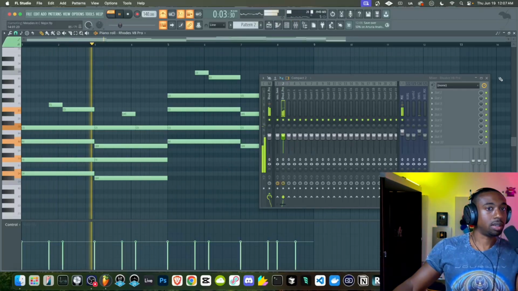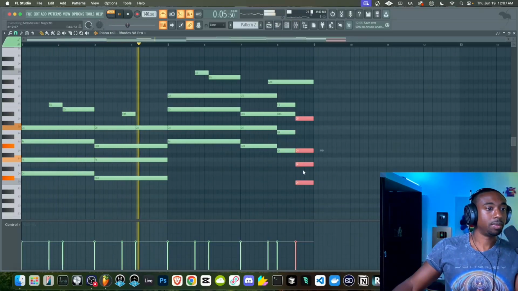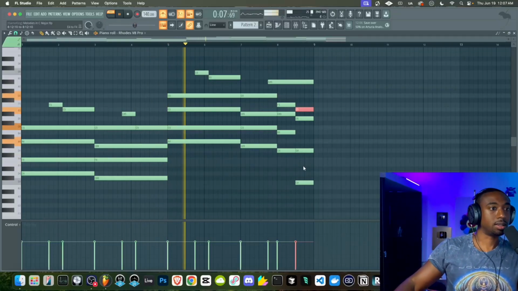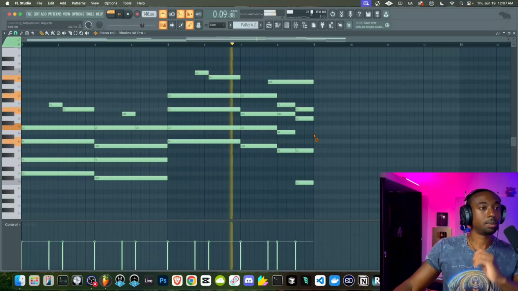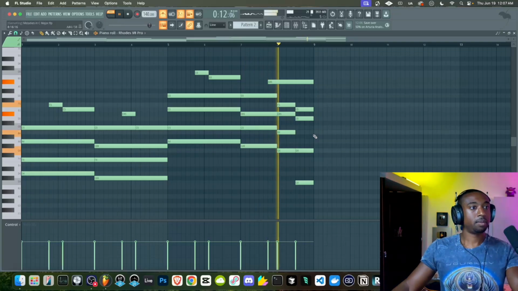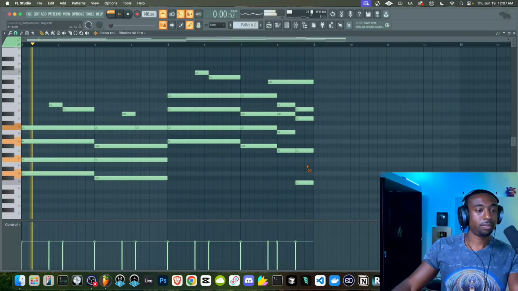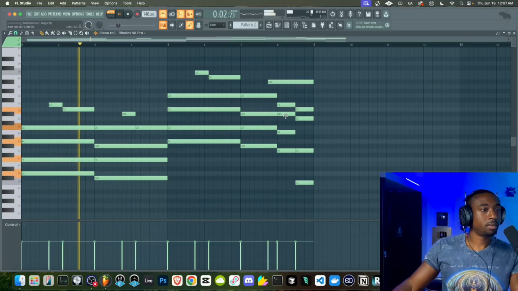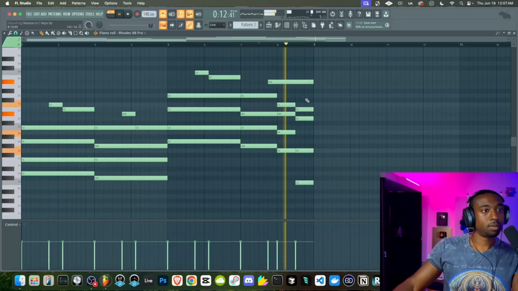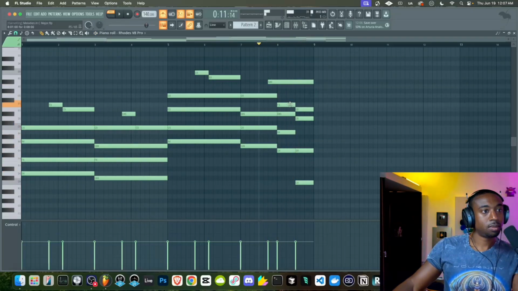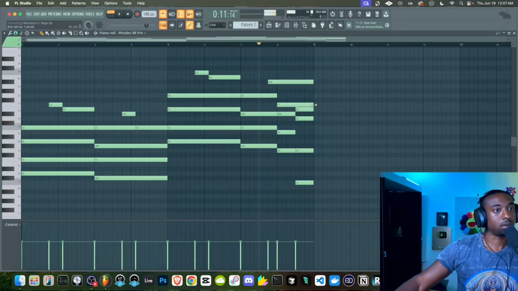All right, so it didn't resolve the exact way I wanted. So we're going to start moving the notes around until it sounds more cohesive to my ear. So this F is really critical for this chord type.